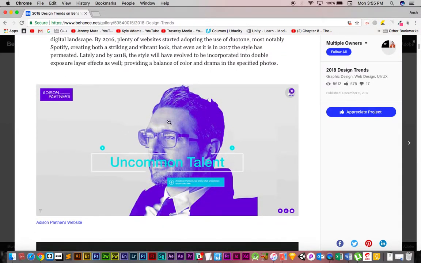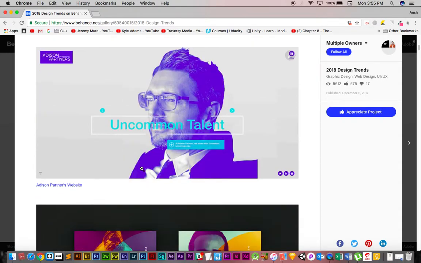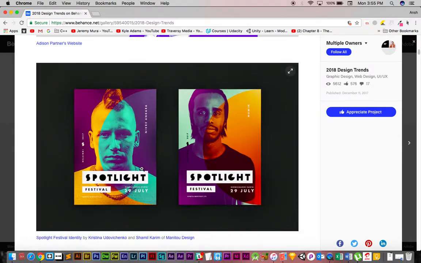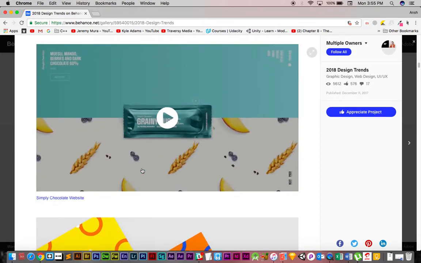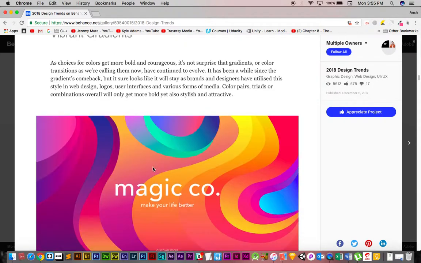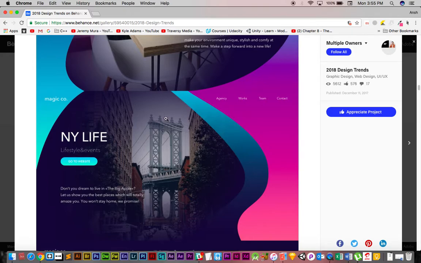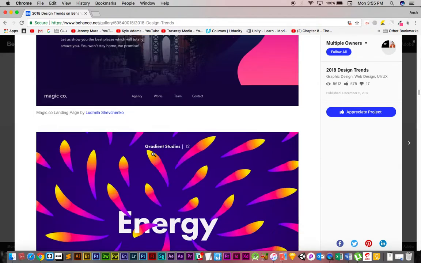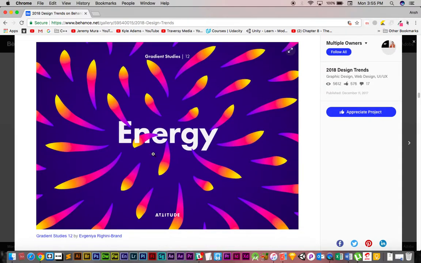For example, this is the duotone concept that's been going on. It says duotones, and this is very, very in, this is the trend. Using extremely contrasting colors, using colors that people used to hate, like who would use green and blue and orange, all these sharp colors, but they are in the trend right now. This is very easy in Photoshop. Making all this is not very difficult, but to get the ideas,